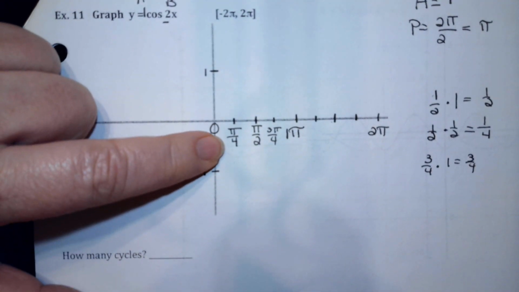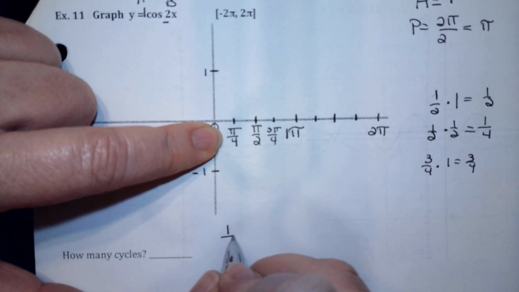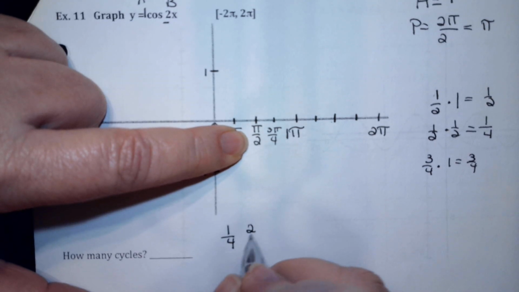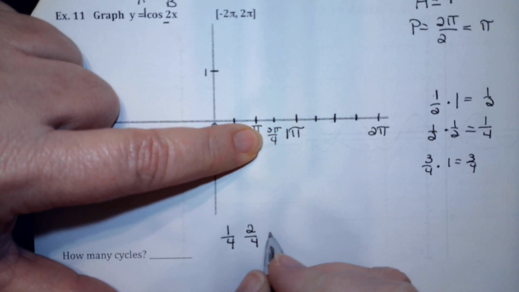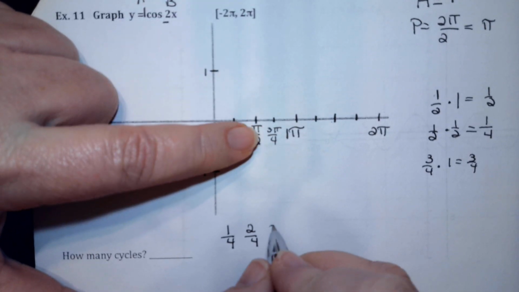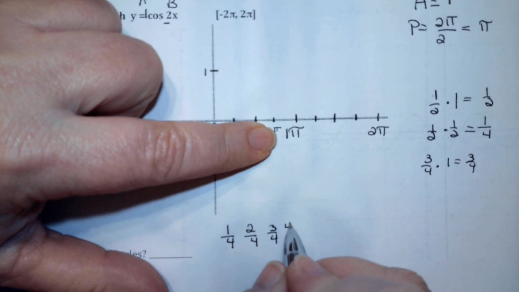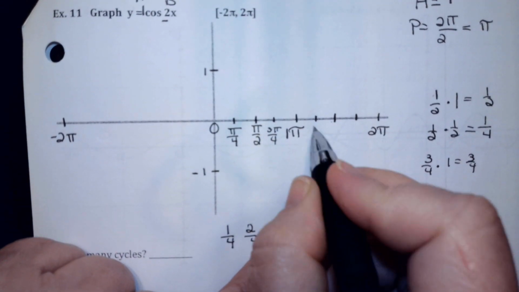Again, once you figure out that first value, change all the denominators to that value. So we got a 1/4. 1/2 is the same thing as 2/4. 3/4 is the same thing. Well, it is 3/4. Duh. 1 is the same thing as 4/4. Okay, so then that tells us that that right there is going to be